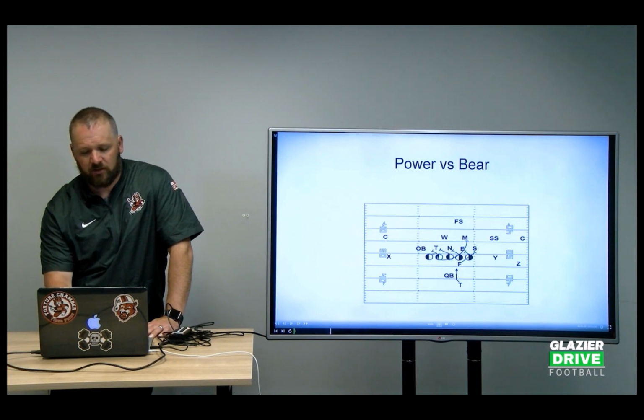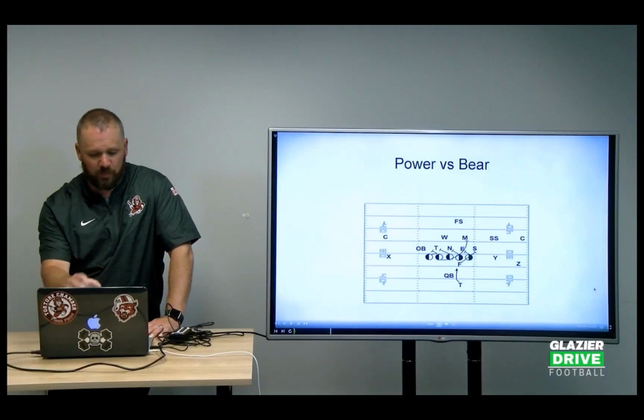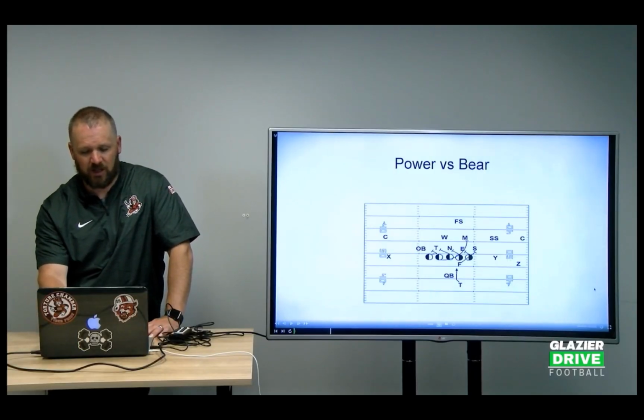You can gap hinge here, and you can double team here. You can try to tell this tackle that he's going to cut the 3 technique off and let this guy go, and then you can work a double team with your center and your guard to him, depending on how good he is. If you want to do that, or you can run a midline type read, and I'll show you that read. But this is the best way I find to block it up.